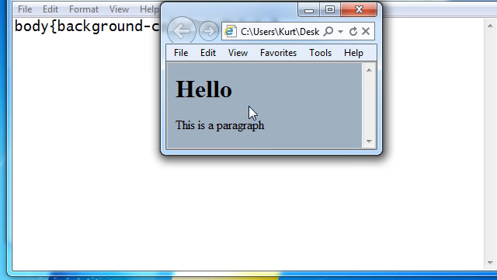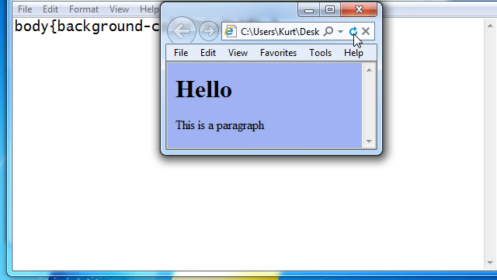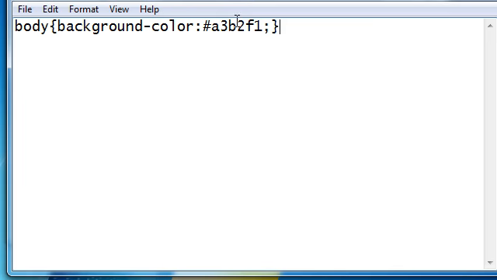we start to get like a blue mixed in with the gray, because C is a lot bigger than A and B. And if we do a F and save that, we get this kind of bluish purple color going on here, and it's kind of nice to mess around with it,